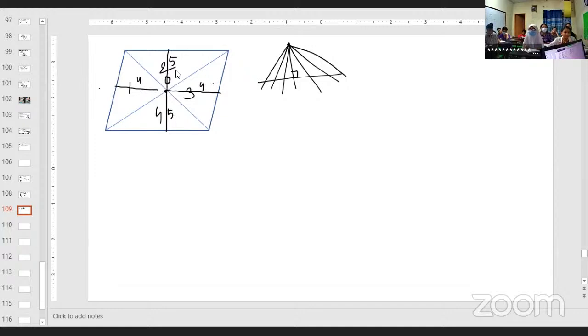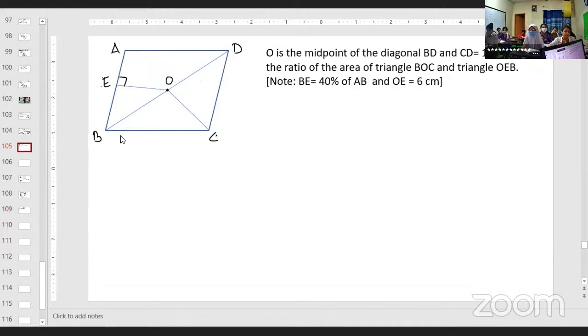Square হবে এবং রামবাসে হবে, বাট কিসে হবে না, প্যারালোগ্রামে হবে না এবং রেক্ট্যাঙ্গেলে হবে না। ক্লিয়ার? সো এই তথ্যটা তোমার যে প্রশ্নটা আমি সলভ করতে দিয়েছি সেখানে প্রয়োজন, আমি হেল্প করি। OE is given 6 centimeter. So actually if I complete this diagonal here, then OE will be considered the height for